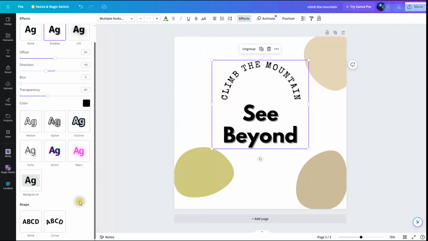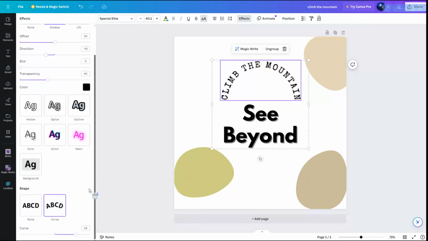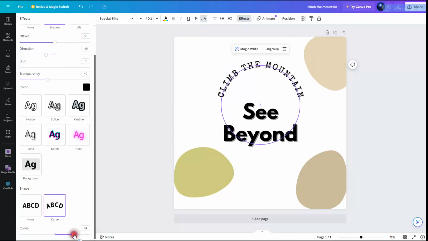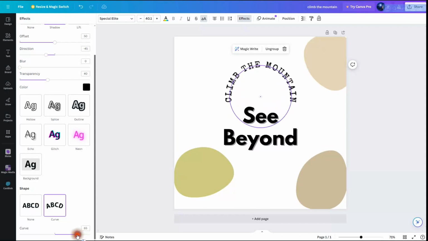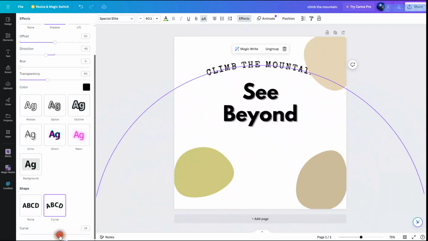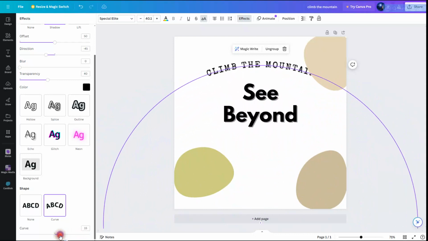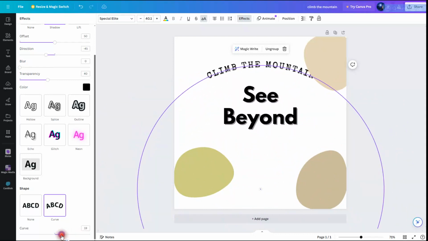And then what I'm going to do is, you notice that I have the ability to change the curve as well. So I'm going to click on this curve here. And when I do, you notice that you have the curve tool down at the bottom of the screen. And I can move it. So if I wanted a really strong curve all the way around, I could do that. Or if I wanted to have a faint curve, I can do that as well. What I'm going to do is I'm going to choose one about right there.